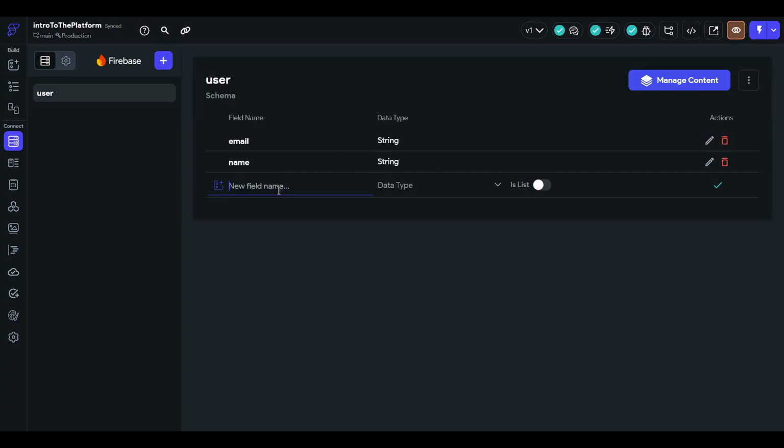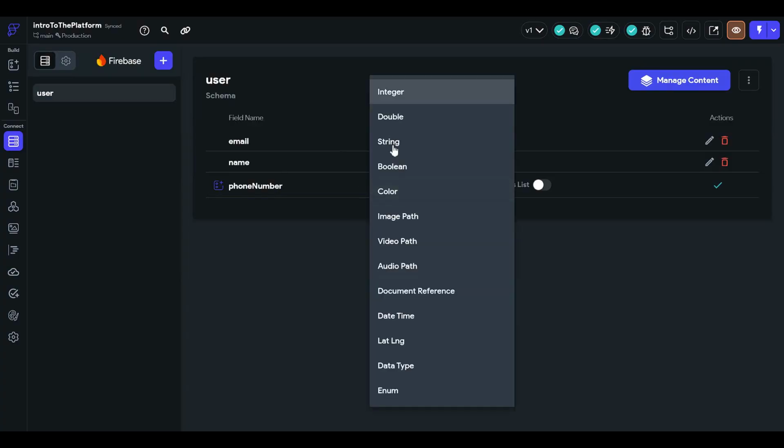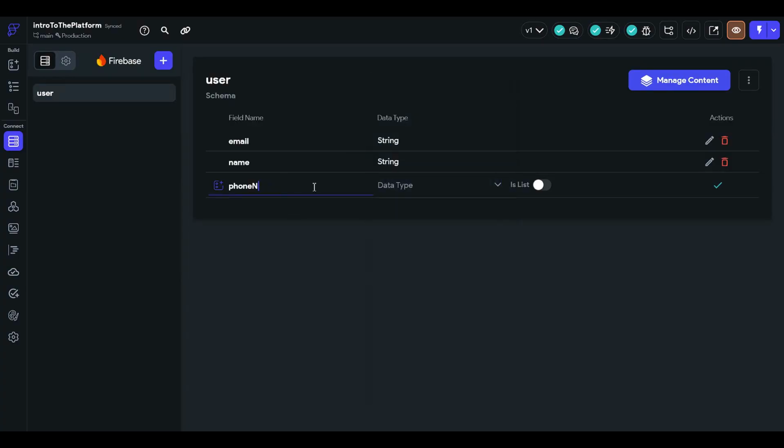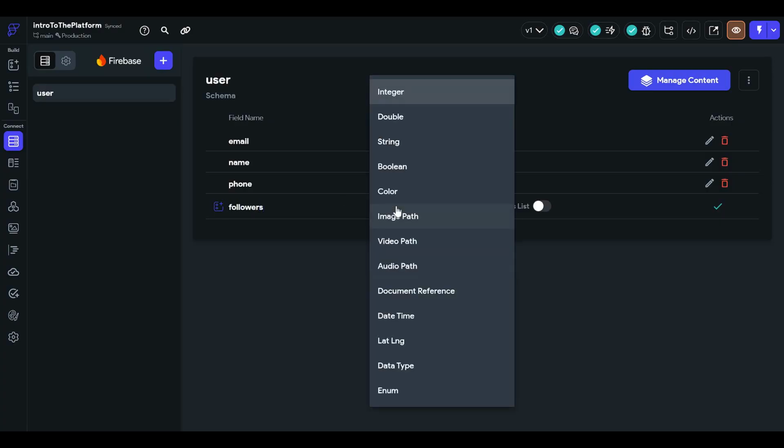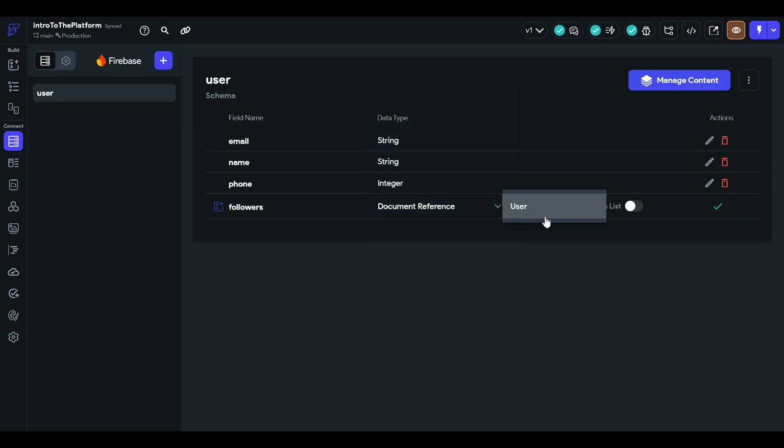If you are storing a mobile number like a phone number, then you can use an integer value. If you are storing a number of items in a list, like you can see that your Instagram account has a following list or followers list, then you will need a document reference of users.